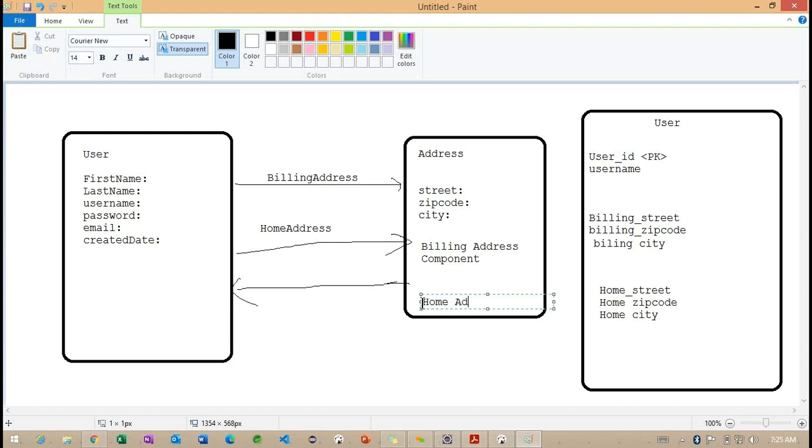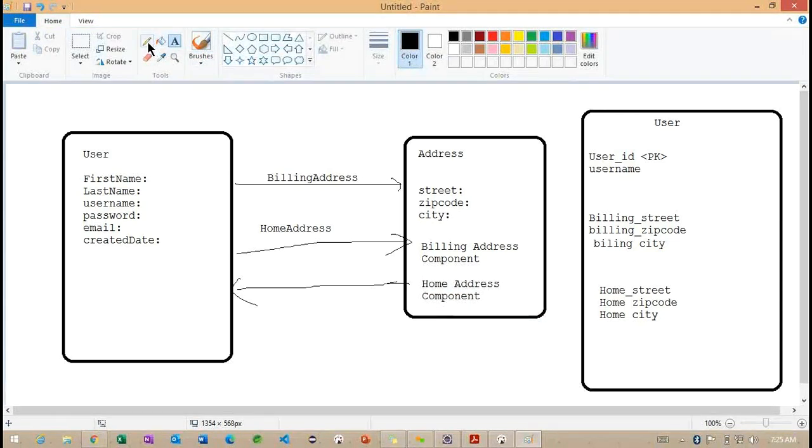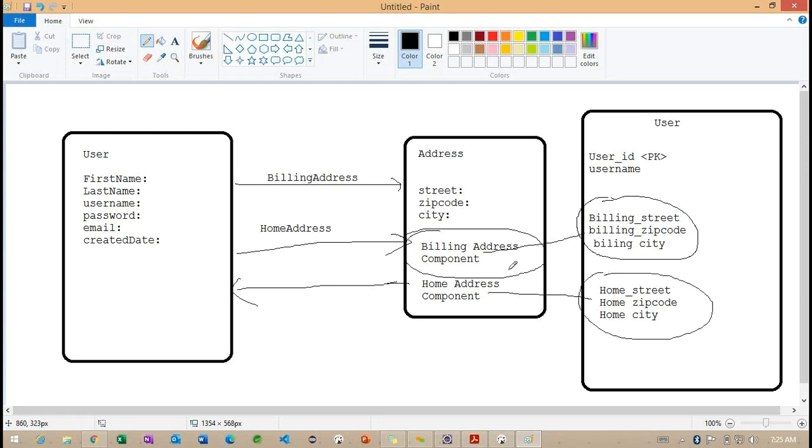And this will come under the home address component. Right. So this will have a relation like this here. This section is going to work with this particular component called billing address component, and this particular section is going to store for this particular component called home address component.